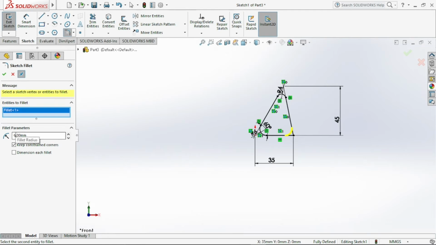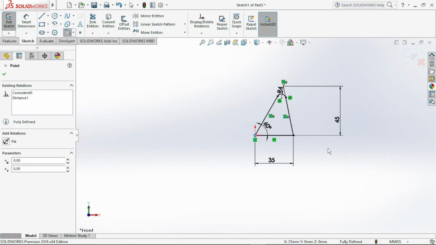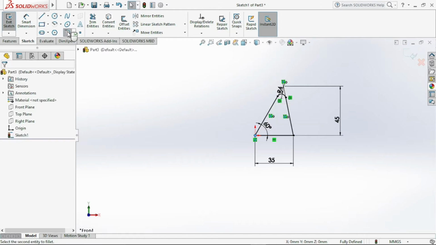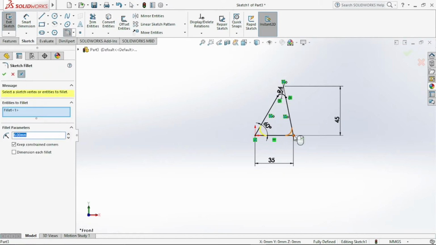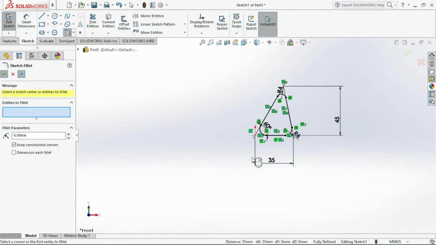So we'll give 6 mm as well, and click on OK. If you want to give both of them the same fillet, you can click on fillet and click on both of them together, and click OK. So it will be done simultaneously.